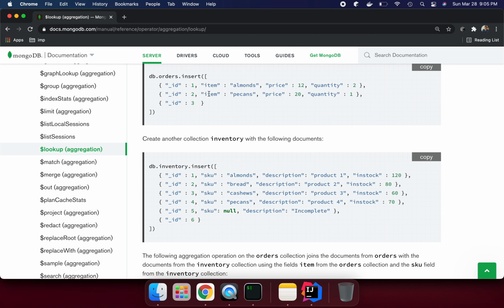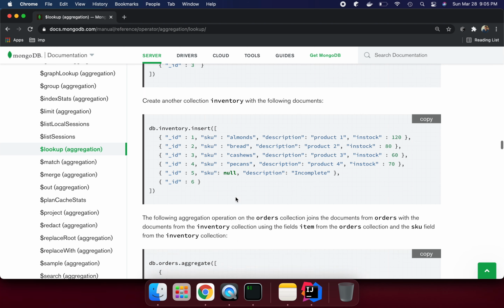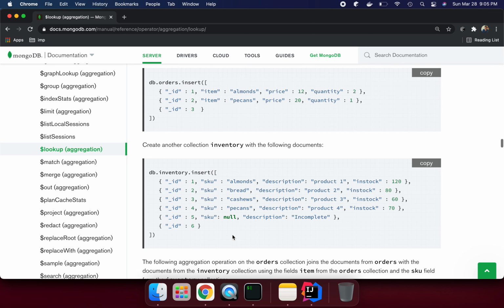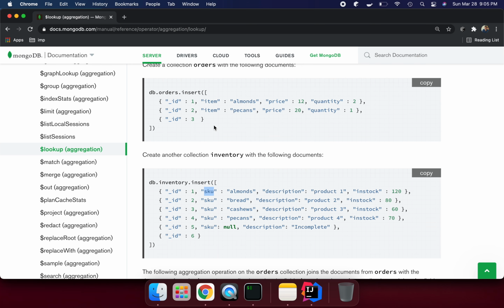So we can see the key we are matching here is item. The local field is item and the foreign field is SKU. So these two fields we are matching, SKU and item, and these are primary keys.